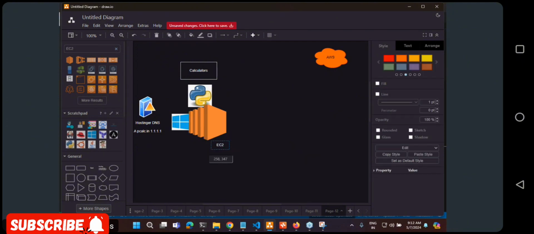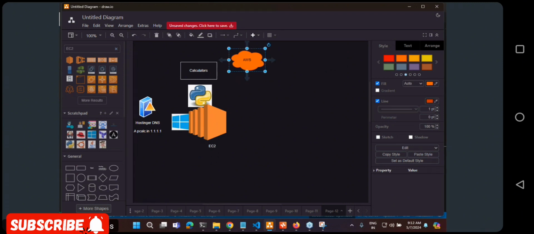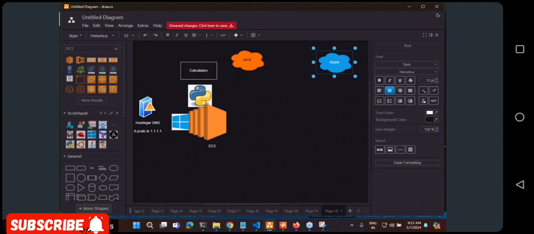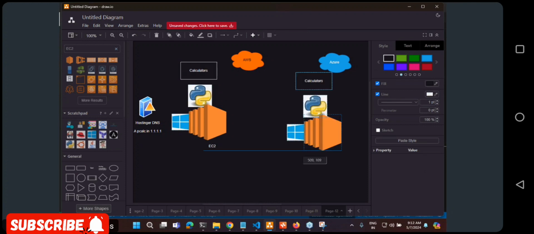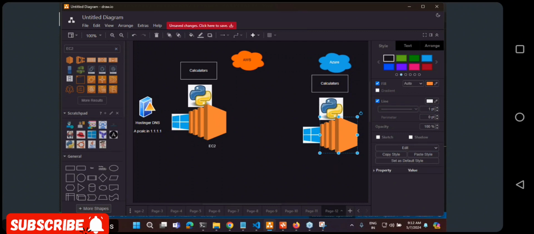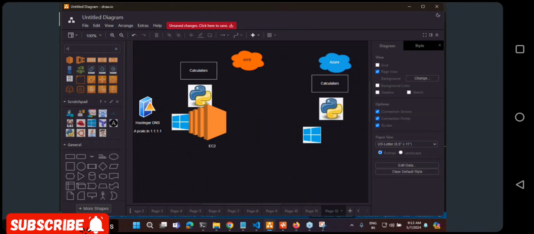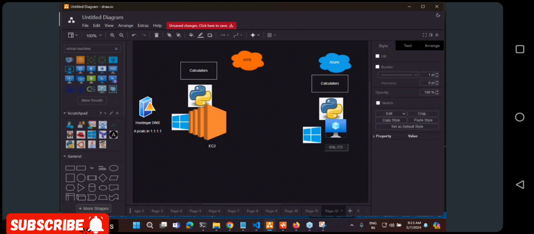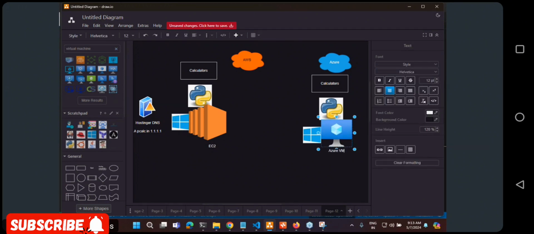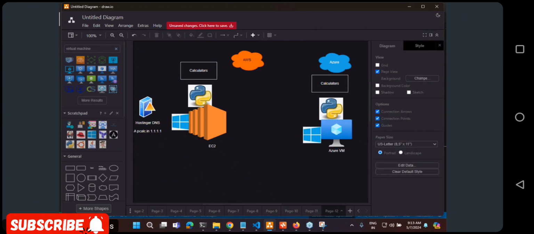So this is what you do in AWS. Okay, if the story has to be told in Azure, wherever you have used this EC2, in the place of EC2, you will have an Azure virtual machine.